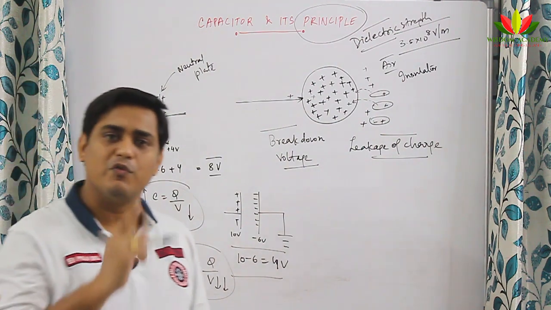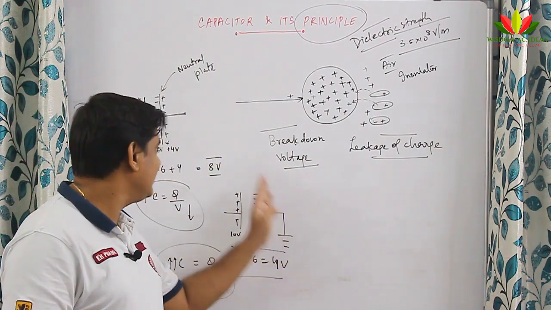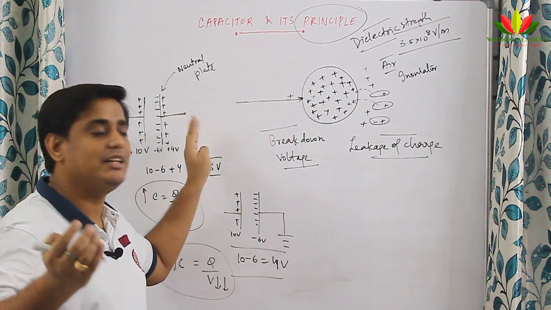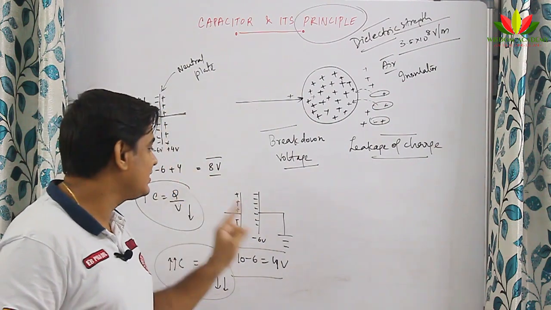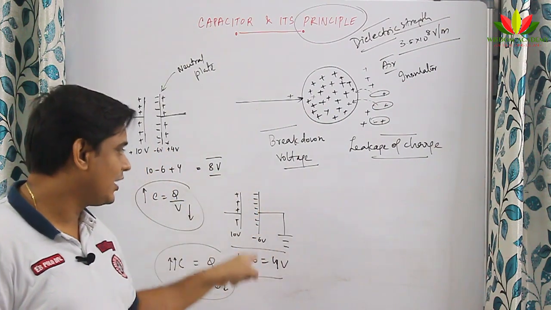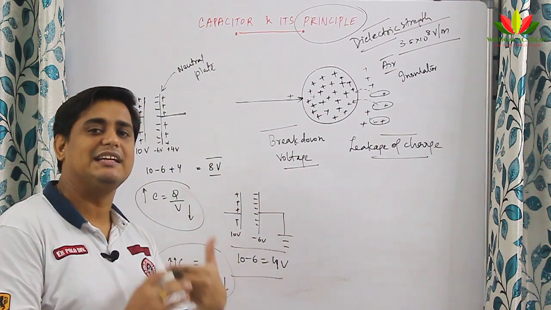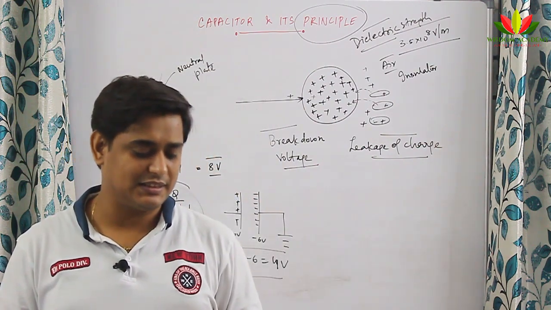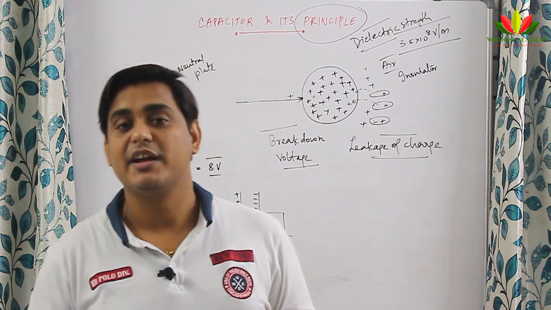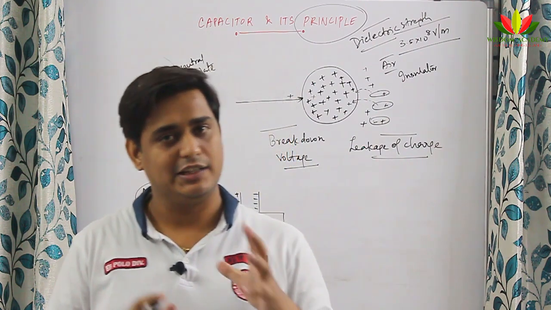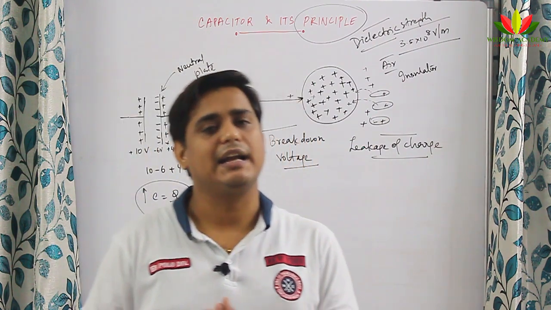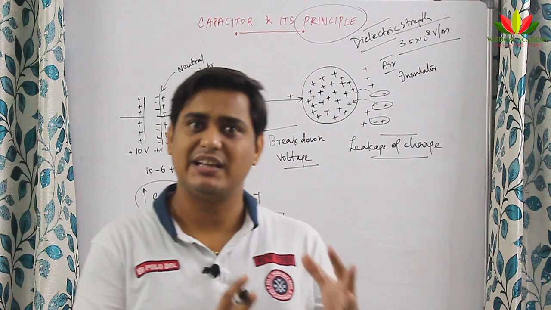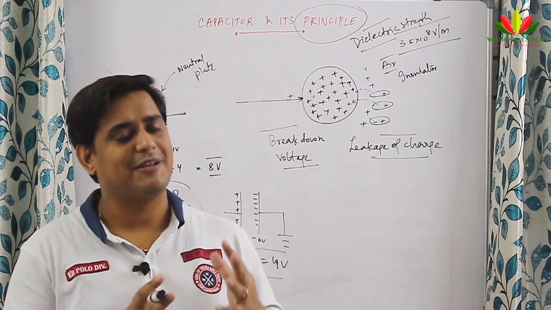And how do we do that? We do that by bringing a neutral plate near a charged plate, and to further decrease the voltage, we must earth it. So earthing of a neutral plate will further increase the capacitance of a capacitor. This is the principle behind any capacitor, and with this I end today's session, in which we talked about conductors, insulators, properties of a conductor, and then we talked about capacitance, its SI unit, the capacitance of a spherical capacitor, and now we talked about a capacitor and its principle.